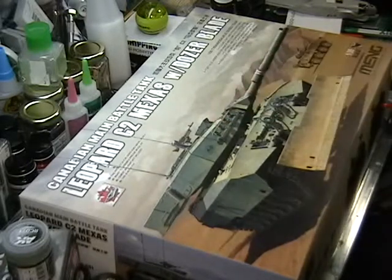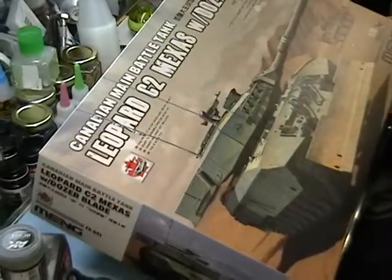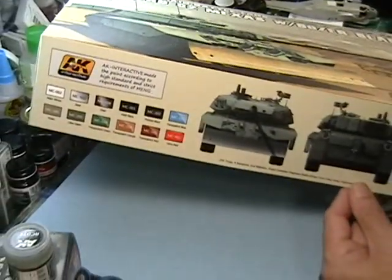Basically, this kit has been done before by Tacom and a few other people, but this one is a new issue with the dozer blade, and it's a lot more complex. The Meng one was one of Meng's early releases, and it was pretty simplified, so this should be quite a bit more detail. So there is the cover photograph of it here, and there is a side view which shows